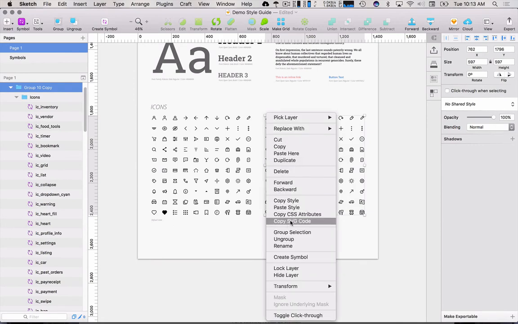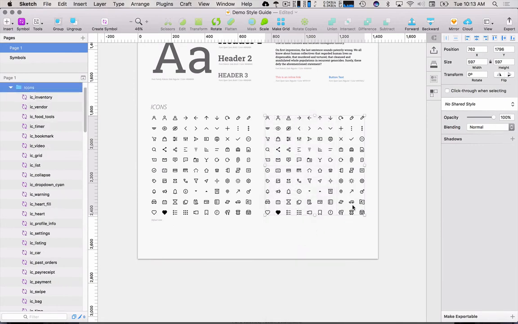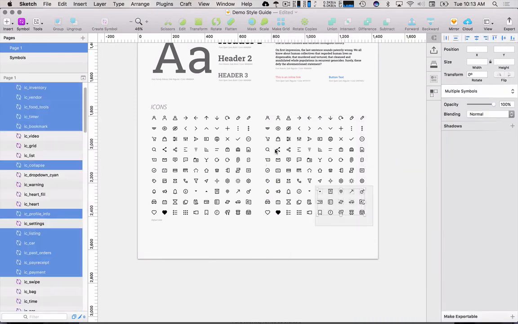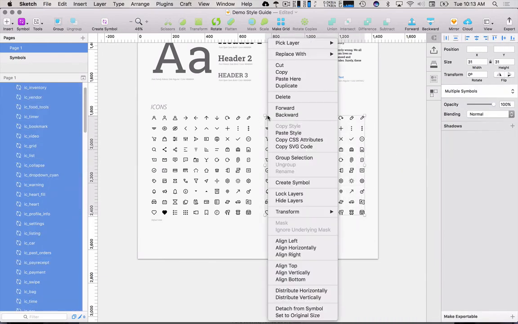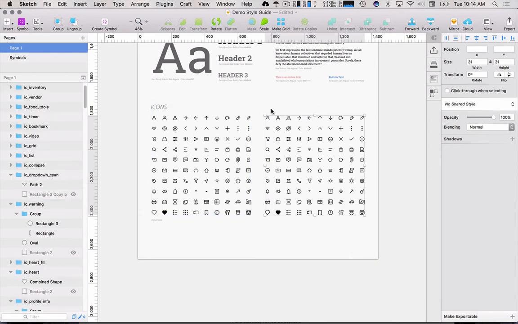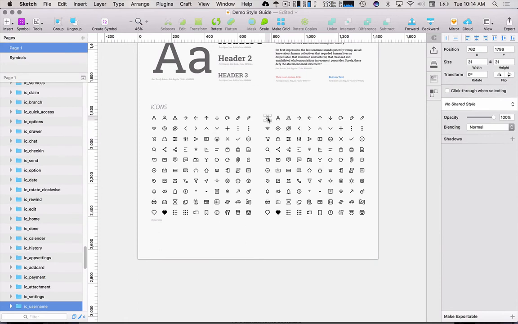Okay. Let's ungroup it really quick and see if this works. I'm trying to just have a faster way to make this work for you guys. All right, so they're all out there. I can select them all. Right click. Okay, detach from symbol. That's what I want to do. Oh, bummer. You can't edit their similar characteristics. Okay, well,